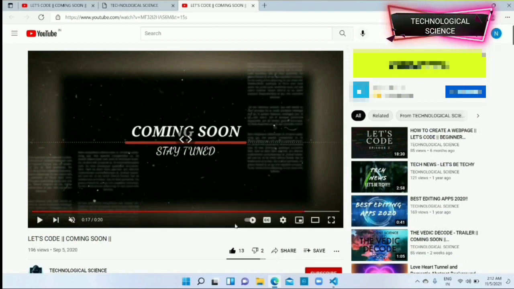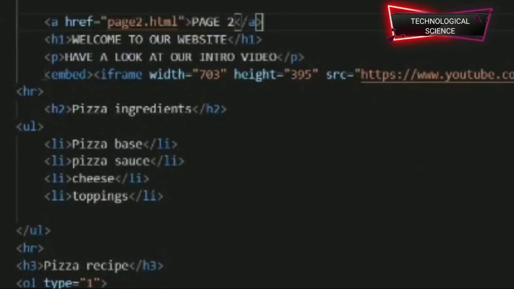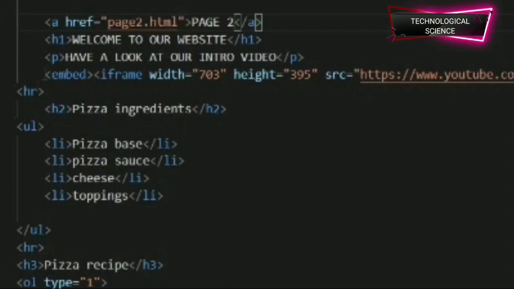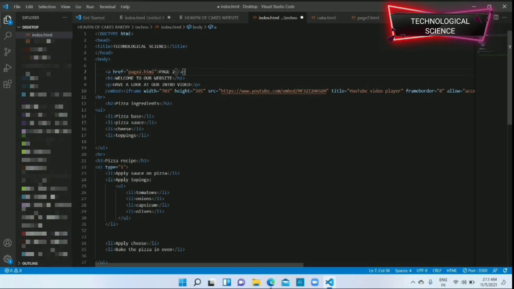Just click on this and your embed code is copied. Now when you go to your VS Code, you need to apply a tag over here that is embed, and inside it, as you can see, there is another tag, iframe, and this is the whole embed code that I have copied from YouTube. You just need to put the opening and closing embed tags and put this whole embed code inside, and in this way your YouTube video is played in your website. So in this way you can embed things.